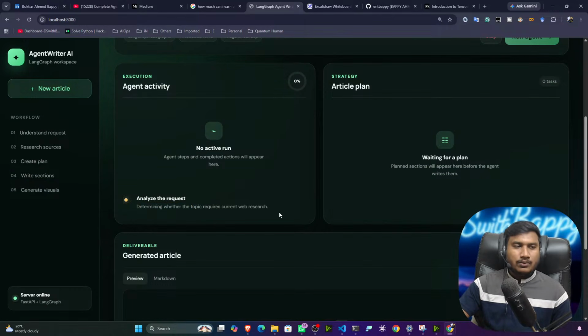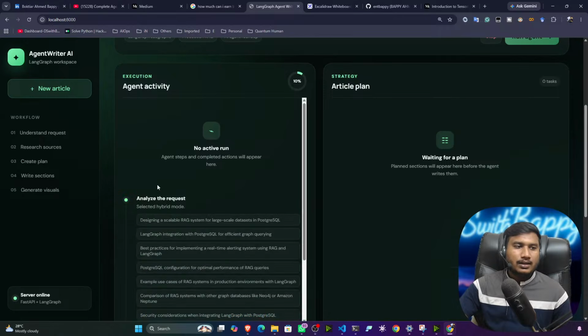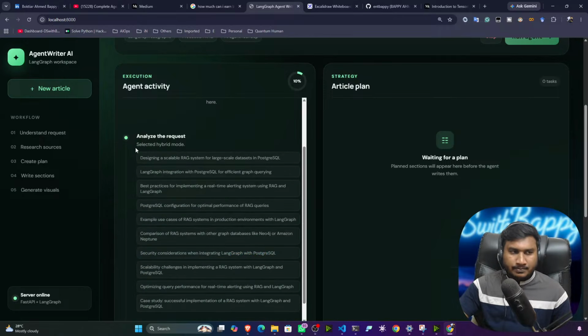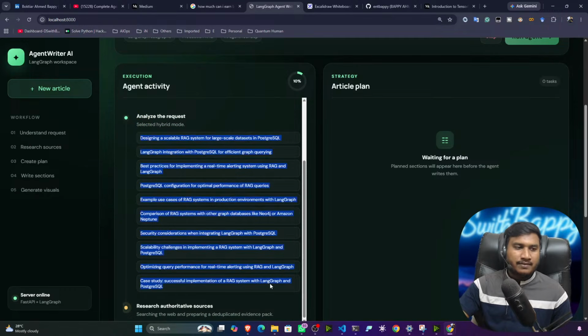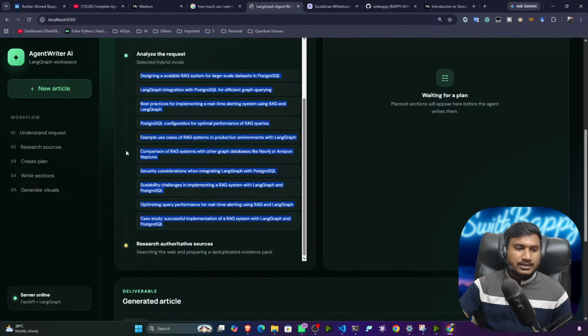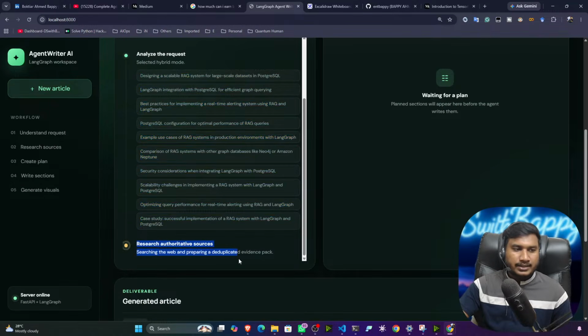Now whenever it is analyzing the request, that means it is trying to understand whether for this particular input, do I need to do an internet search or not. So see, for the internet search operation, whatever steps it needs to perform and what topics it needs to search, it has added each and everything. Now it is doing the internet search operation,